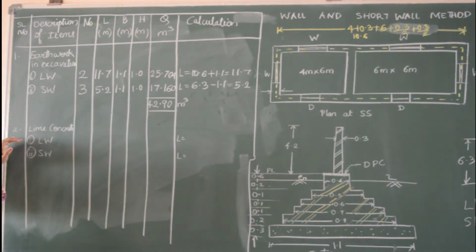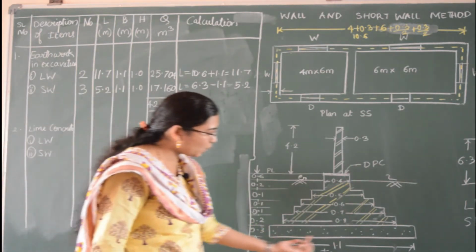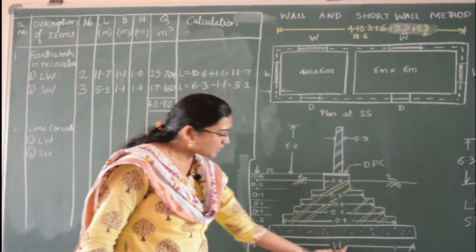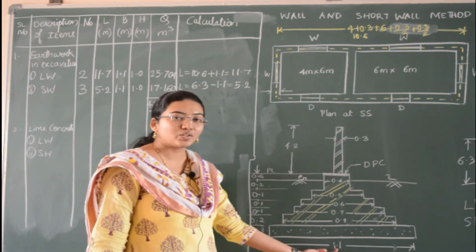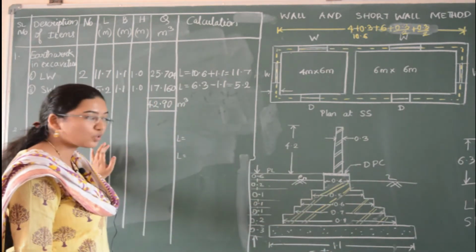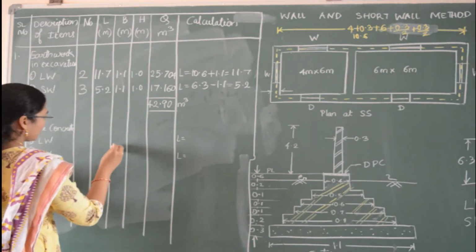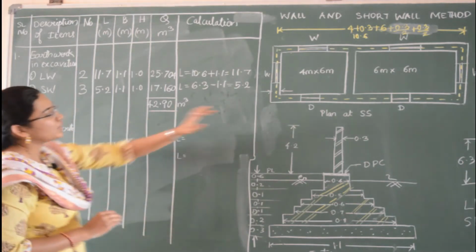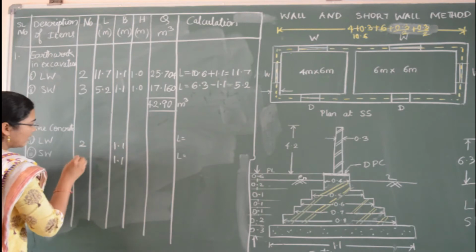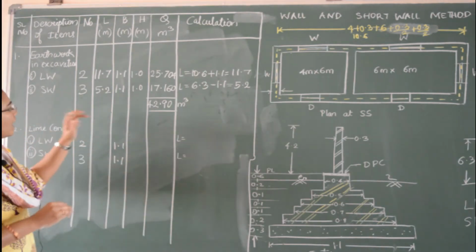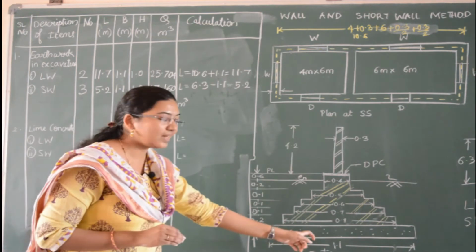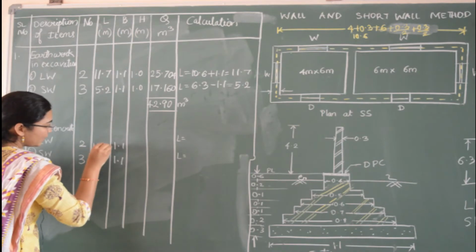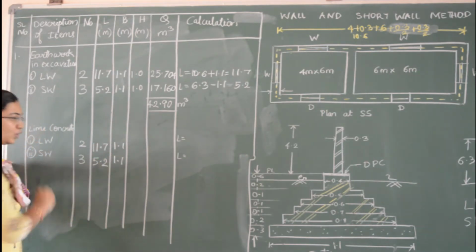So next we have to calculate for lime concrete, that is only this particular portion. To calculate this, the distance given for the excavation is going to remain the same for lime concrete also. So the breadth portion is going to remain the same, 1.1 and 1.1. Then how many long walls are there? There are 2 long walls and there are 3 short walls. As the excavation distance and the lime concrete are both the same, your length is going to remain the same, that is 11.7 and 5.2.